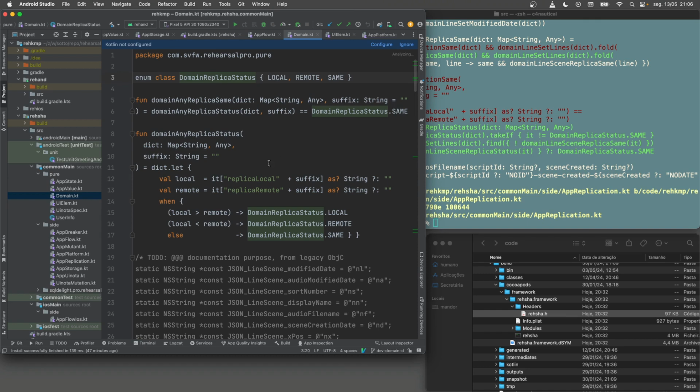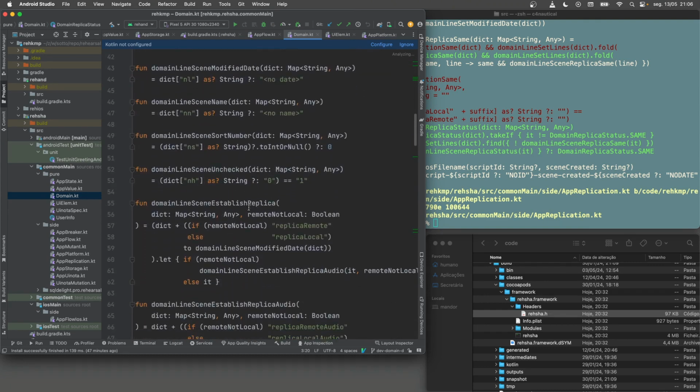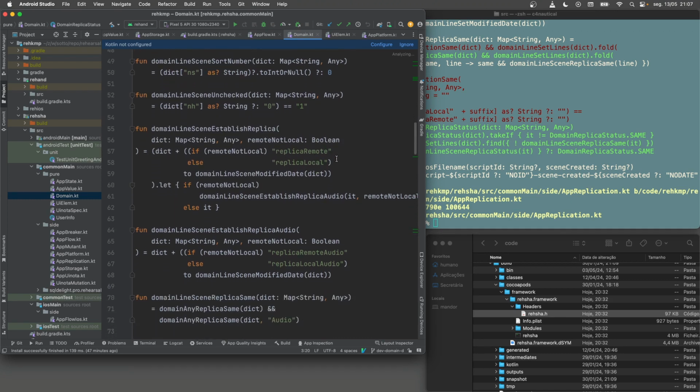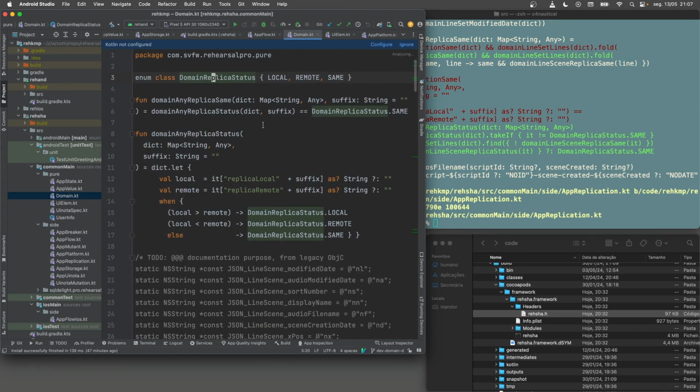And to get the status, this is the logic. If you saw in the previous videos, you saw that these domain objects are now simply dictionaries. And to keep track of their replica status, dictionary entries get added. Here you can see establish replica, replica remote, replica local. These are integer numbers, which are effectively timestamps of the latest time of modification. And so determining which one's local, which one's remote is simply a matter of interrogating these attributes and deciding